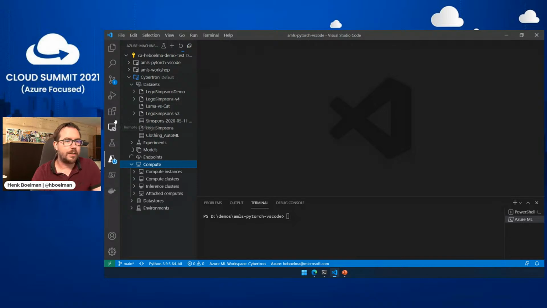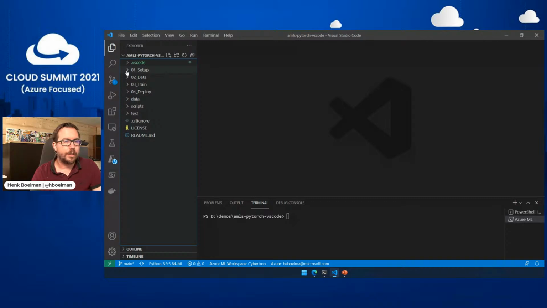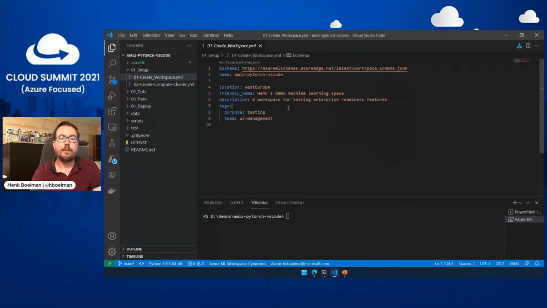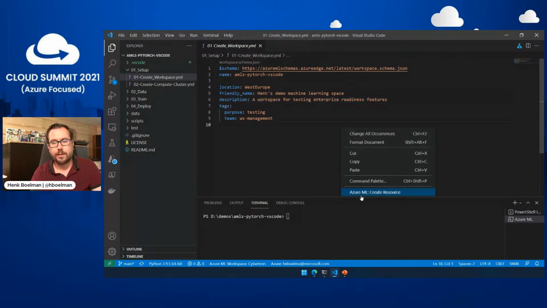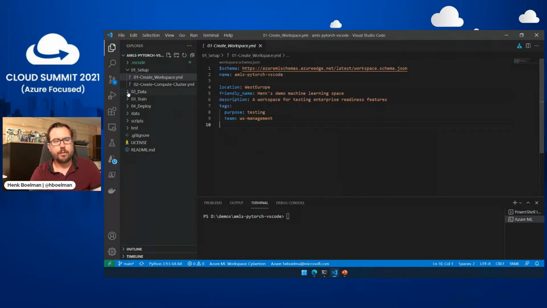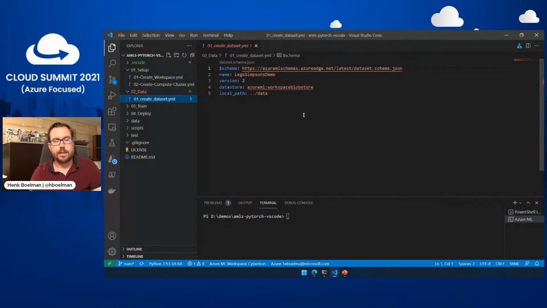So let's dive into some of these configuration files, what you can do. So I'll go back to my files, and here I have create my workspace YAML file. I will tell the name, tell which location it has to be deployed, give the friendly name, can give it some tags, and I can right click on it and run. I will not do that now because we don't need a new workspace, but we can see if we can